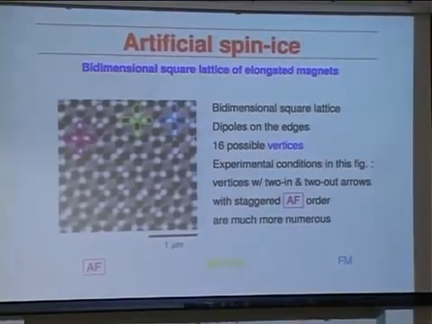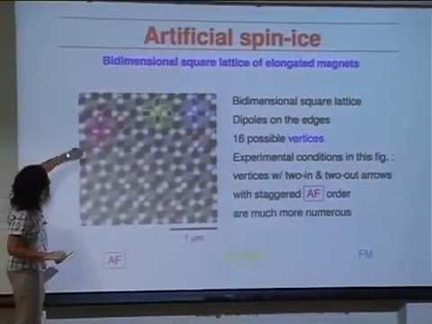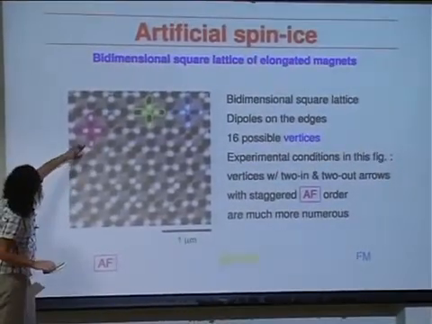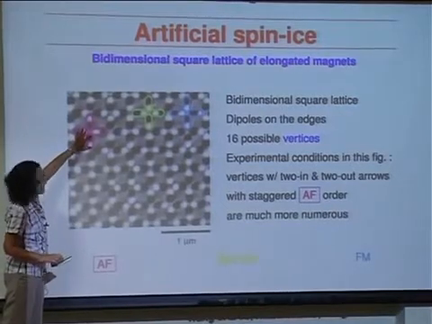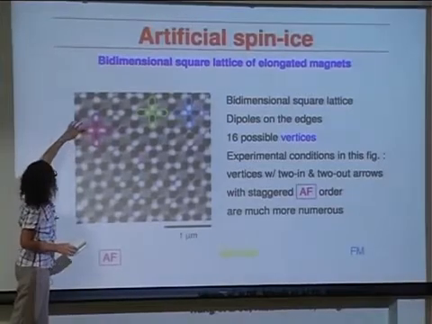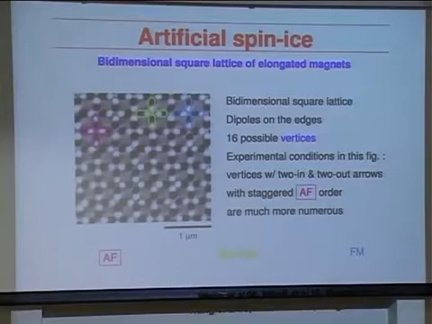So these are arrays of little magnets. You have to see here a square lattice, where they are on the link. This is a link, and a little magnet is sitting on top of the link. Here there is another one, another one, another one. So they are building a square lattice, but they could build any other kind of lattice with these little magnets,